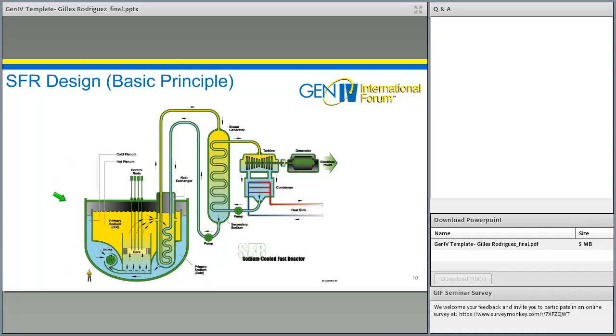It's a pool type reactor, meaning that all the primary sodium remains in the primary vessel, which is separated in two parts, what we call the cold plenum here and what we call the hot plenum here. So you have a pump which will force the sodium to go through the core for heating, going outside at a temperature from 530 to 550 degrees Celsius, and after that you will have to extract this heat